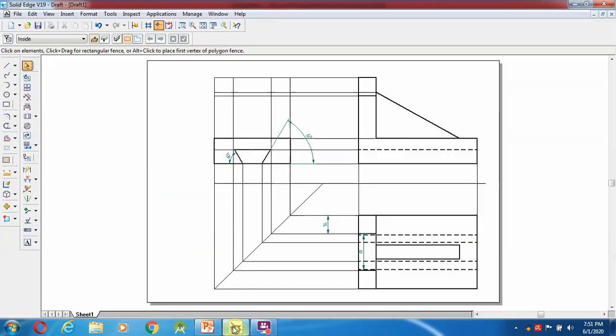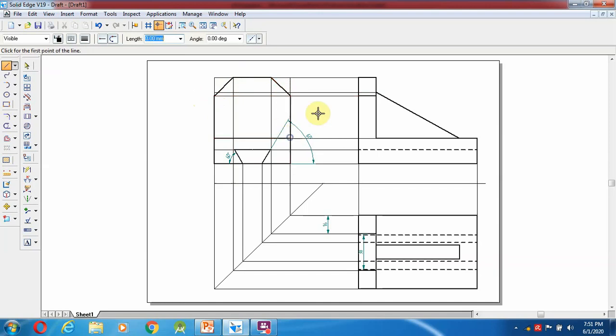Go for here, select a line over here, from here we're going to stop over here. Then almost going to join this one. Approximately we will know what the dimension is, so we are going to stop over here.